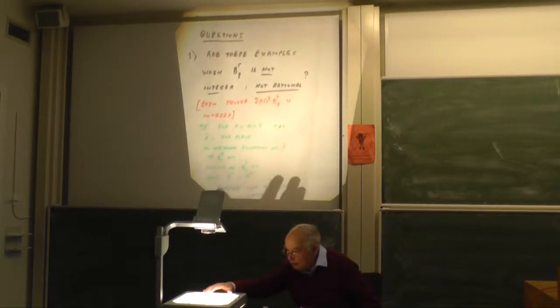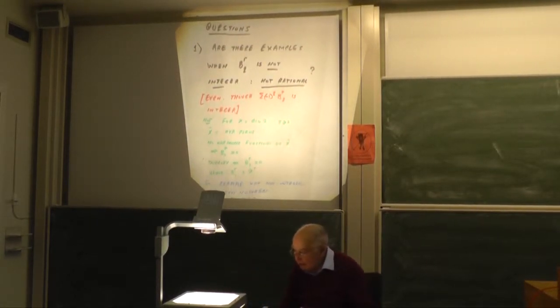Question 1: are there examples where the Betti numbers are in fact not integers? In other words, where the von Neumann theory of real numbers really happens. Maybe the Betti numbers, defined as real numbers, turn out always to be integers, or perhaps not integers, maybe rational numbers. Who knows? In simple cases, for example, in the case of the Riemann surfaces, you see that the